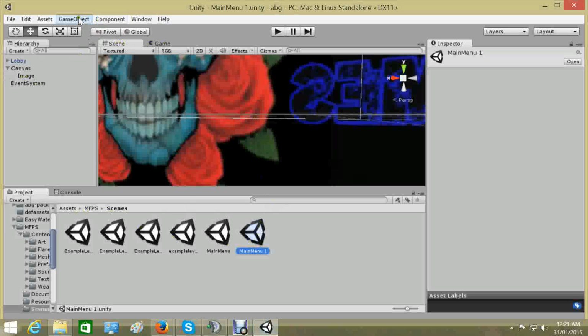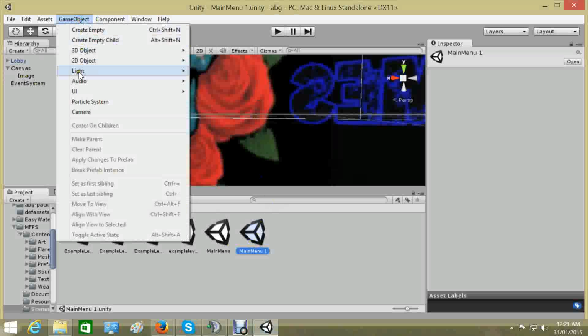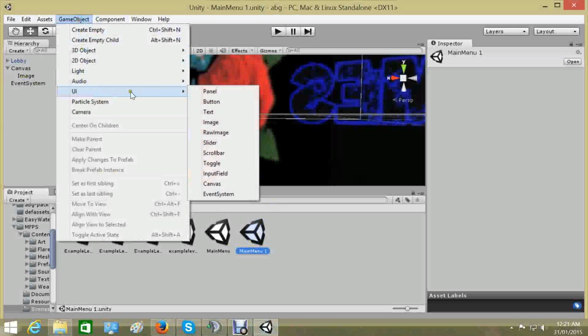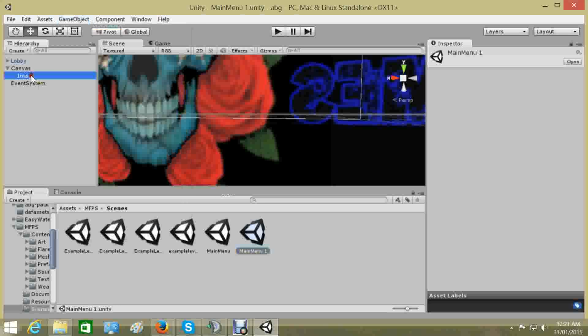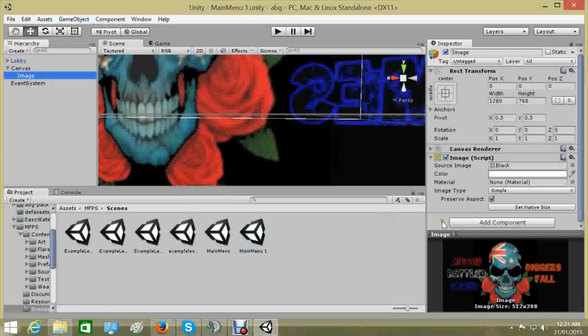You go to Game Object, then you go to UI, and then you go to Image, and you click on Image. Let's just say I clicked on it because I've already got it in there. And then what you do is